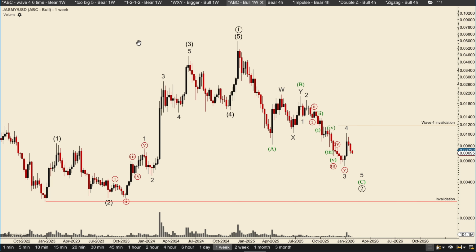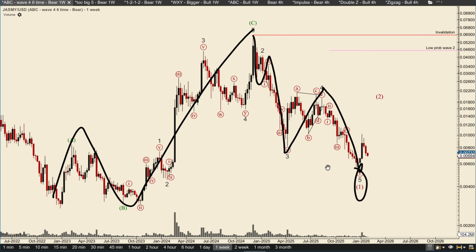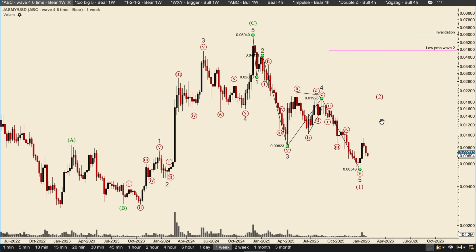So which one of these on the weekly time frame has the highest probability? If we look first at the bearish scenario, so A, B, C, this move down 1, 2, 3, 4, 5, it doesn't fit great in time because you can see here wave 4 hit the 6 fib time, which is not what you want to see in a wave 4. JASMY is not really an established big coin like Bitcoin, so it can show way off proportions like that, but in general you don't want to see wave 4 hit the 6 fib time, which makes this count not really